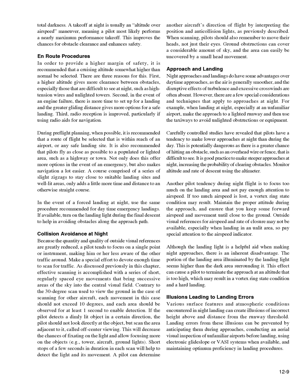and its movement. A pilot can determine another aircraft's direction of flight by interpreting the position and anti-collision lights, as previously described. When scanning, pilots should also remember to move their heads, not just their eyes. Ground obstructions can cover a considerable amount of sky, and the area can easily be uncovered by a small head